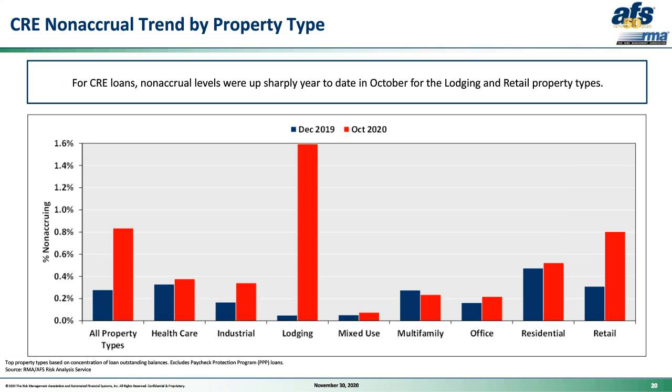When we look at the non-accruals for the top 8 property types, we see a little bit more action. 7 of these 8 have October non-accrual rates higher than September, and multifamily is the only type that dropped. Similar to what we saw with delinquencies, lodging dominates here and at 1.6% is double what we saw for retail, which jumped this month to 0.8% from 0.3%.